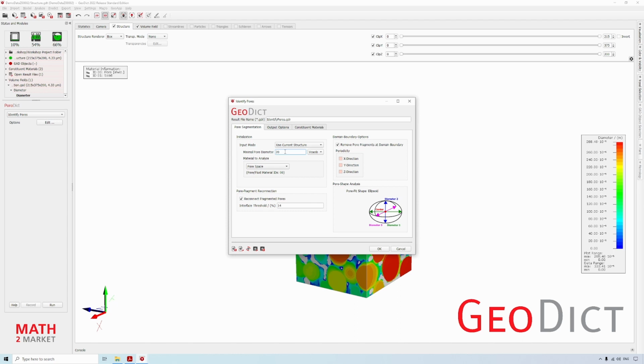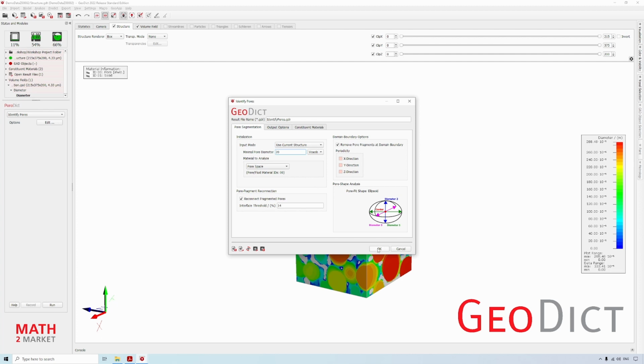And what we also do, we leave this as it is. This option, remove pore fragments at domain boundary, removes the fragments at the boundary. This is important because the CT scan cuts through pores at the boundary. But since those pores are then halved or quartered, they are smaller than before and would ruin our statistics. So we just remove those pores to have the pure statistics over unharmed pores.